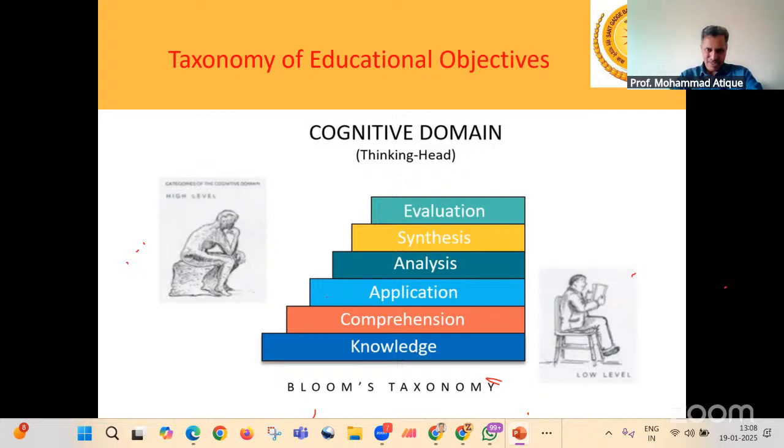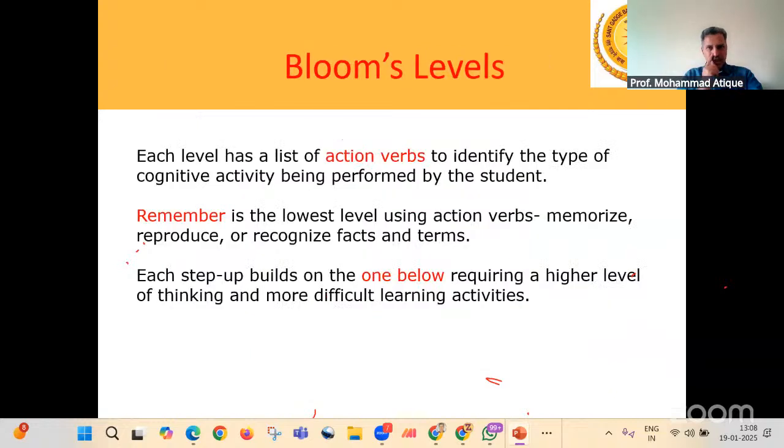What I intend to say is that the bottom knowledge level is very much important, but at the same time, we have to have the other levels as well when it comes to assessment in particular. But what has happened over a period of time?